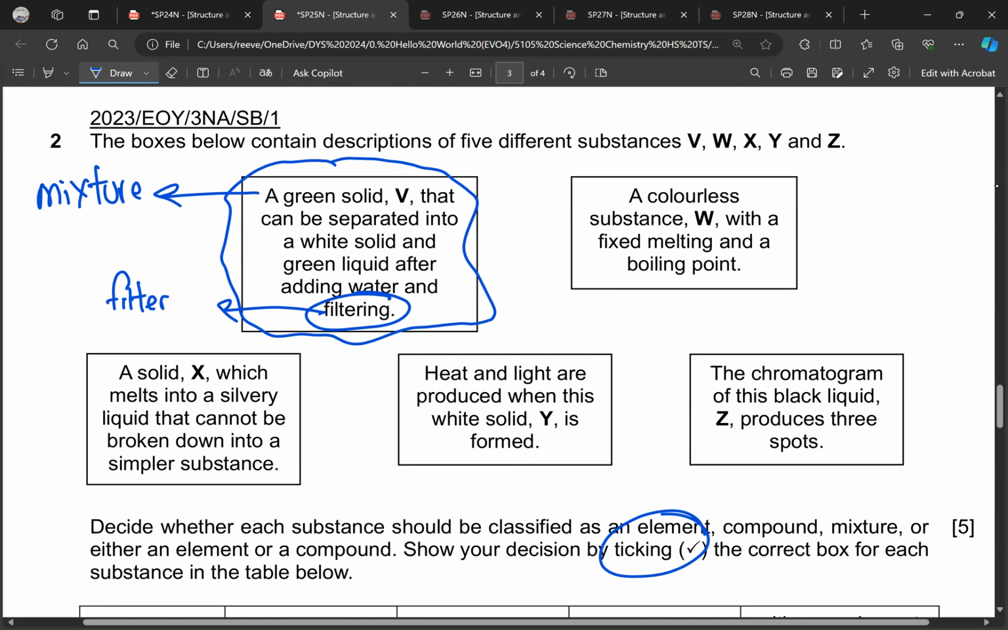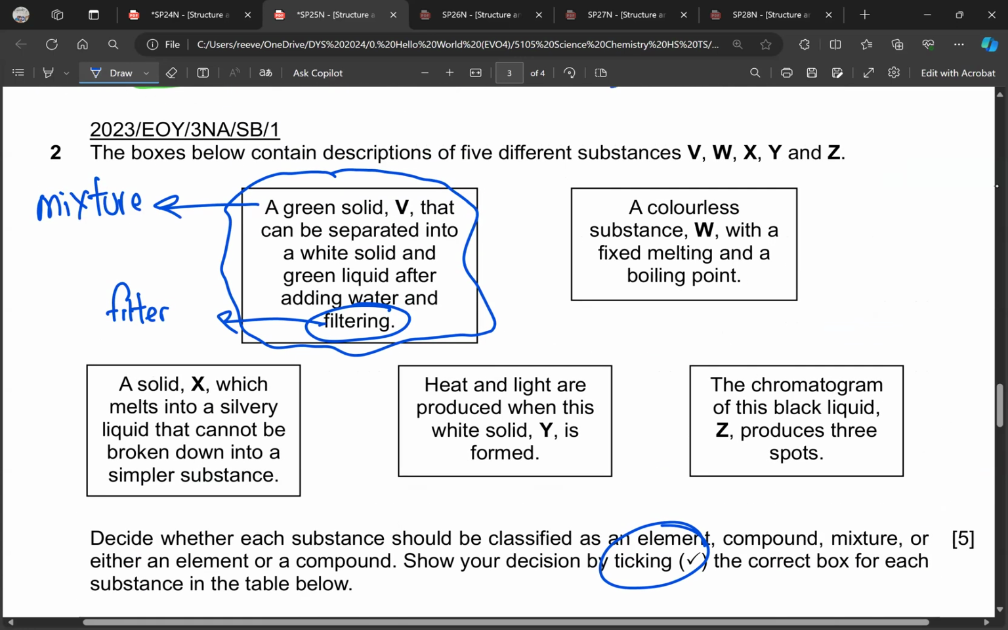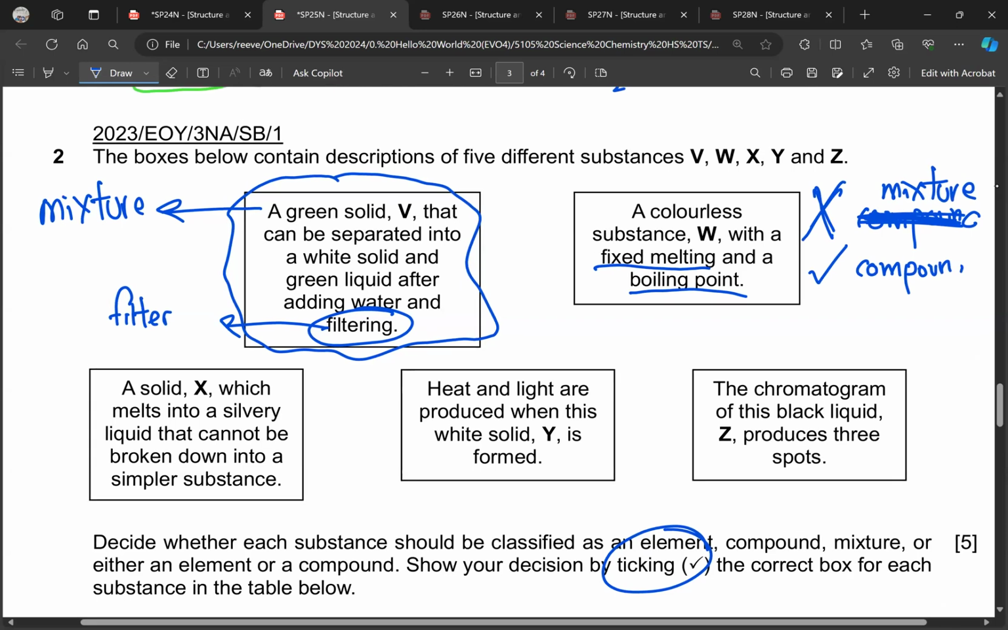Okay, next one. Next one, I want W. A colorless substance W with a fixed melting point and a boiling point. When I say fixed melting and boiling point, definitely it's not a mixture, because a mixture has a variable melting and boiling point. Don't go and choose a mixture. So when I have fixed melting and boiling point, it can be a compound or it can be a